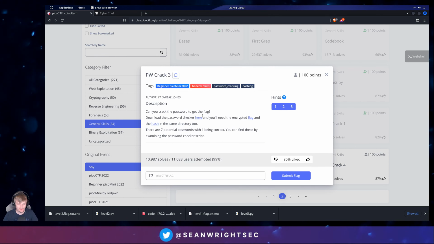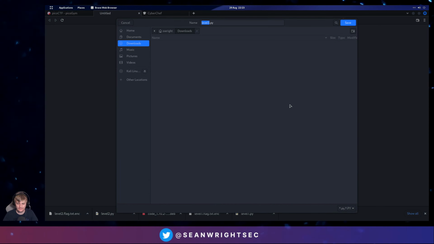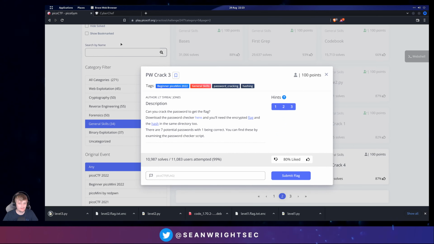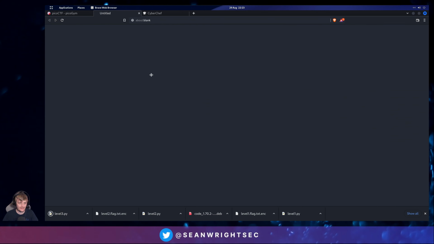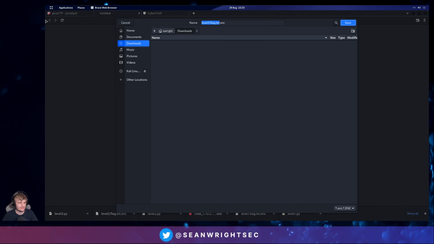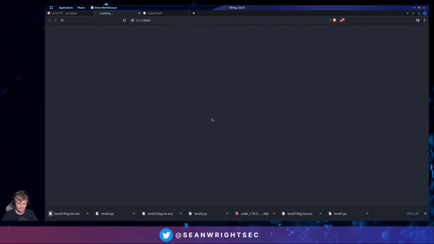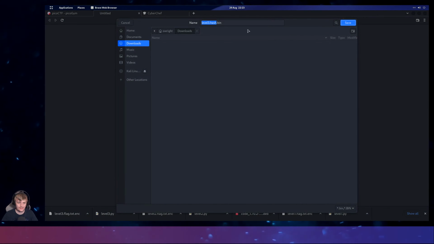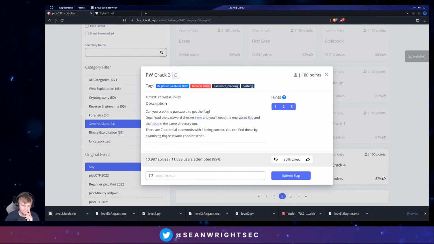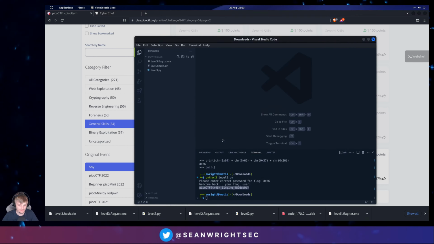Right, so this one, can you crack the password with flags? Download the password checker, encrypted flag and the hash. Now that looks like a hash. Alright, so let's save that. There are 7 potential passwords with 1 being correct. You can find these by examining the password checker script. Okay, so